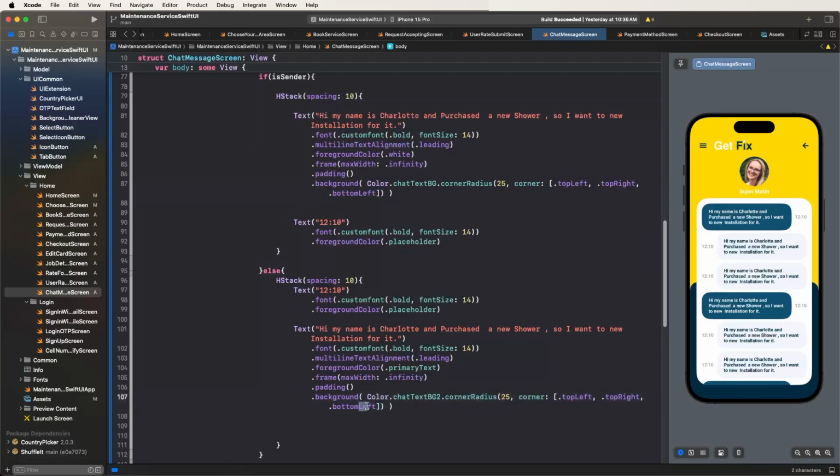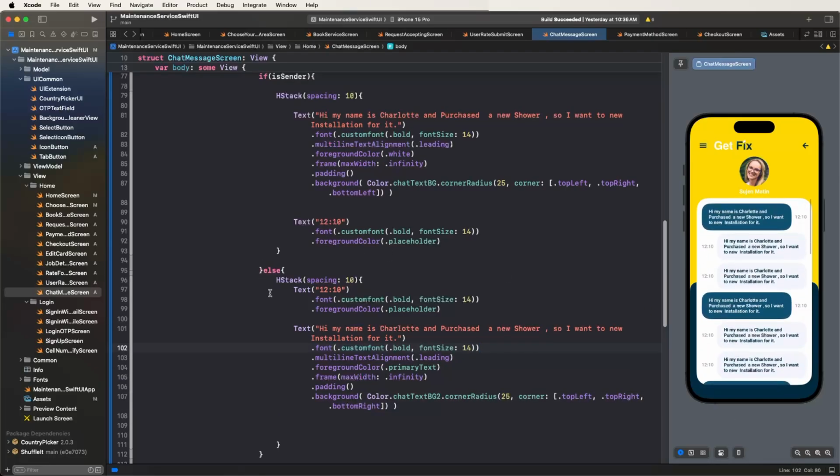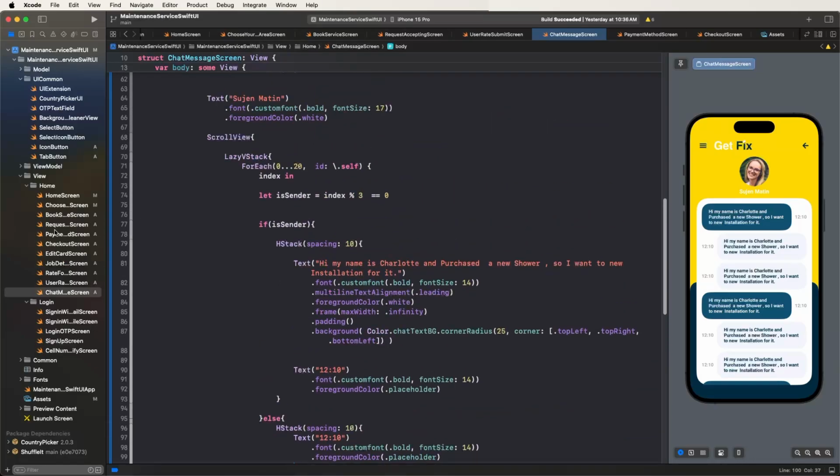We need to set the top right here. Not reflecting. We need to configure this UI inside the